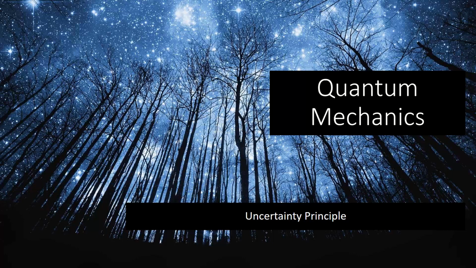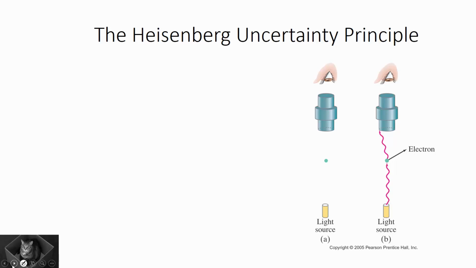The Heisenberg uncertainty principle is one of the fundamental ideas in quantum mechanics. You can interpret it a couple of ways. It can be a limit on what we can actually measure and figure out about a given system, or maybe it's a limit on how much information actually exists at any given moment in a system. So let's look at it.